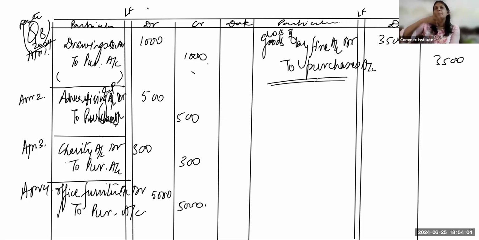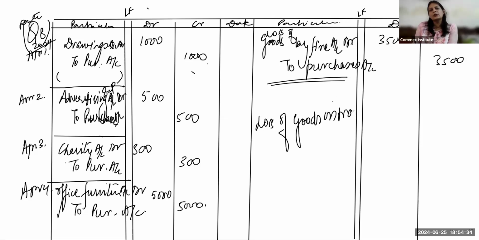Transit means when they are being delivered from one place to another place, they get destroyed. Okay, suppose you're dealing in crockery or something, and your supplier is somewhere in south and you're getting the delivery north. So some breakage might be there. So that is what you call as loss of goods in transit. Loss of goods in transit account debit